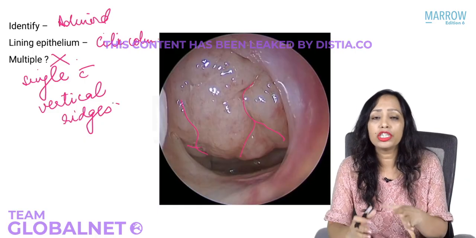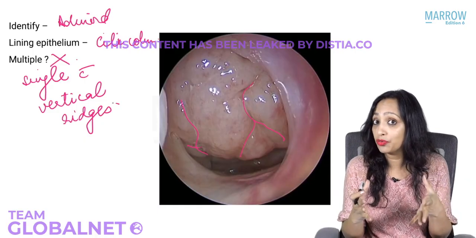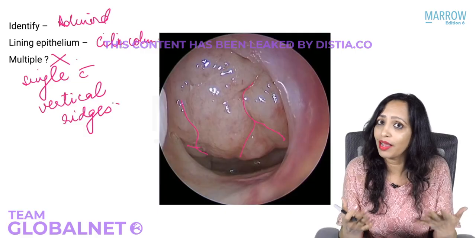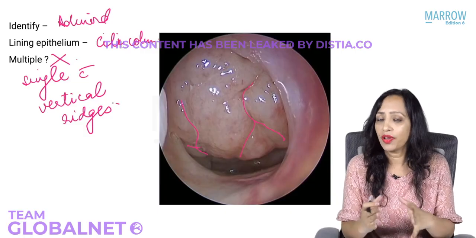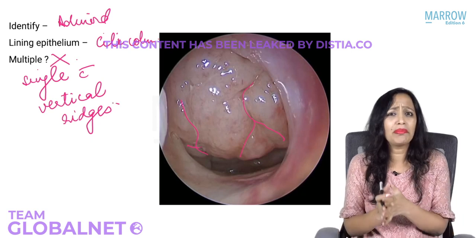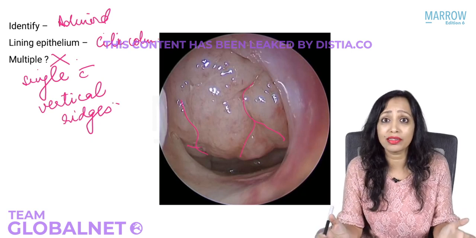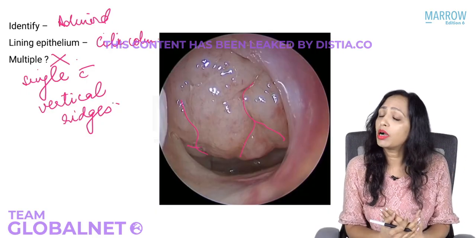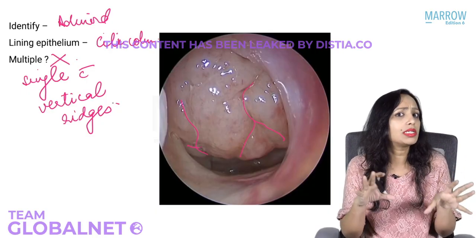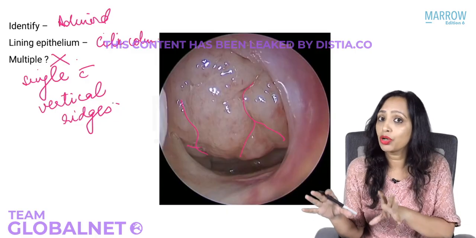And as we can see here, it is so huge. I told you that this is for normal immunological function, but anything when it becomes excess is bad. So when it hypertrophies, can you see it is completely blocking the nasopharynx. It is completely blocking the nasal airway. So that will lead to multiple problems. What problems? That we'll see in detail as a separate section on adenoid.